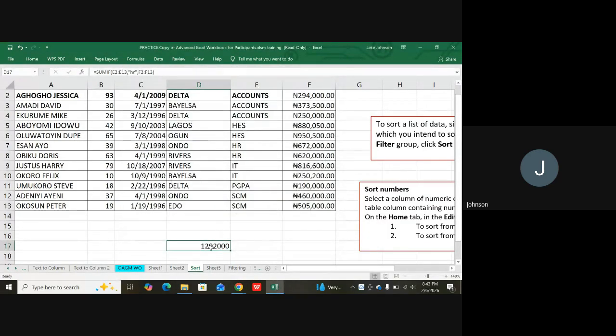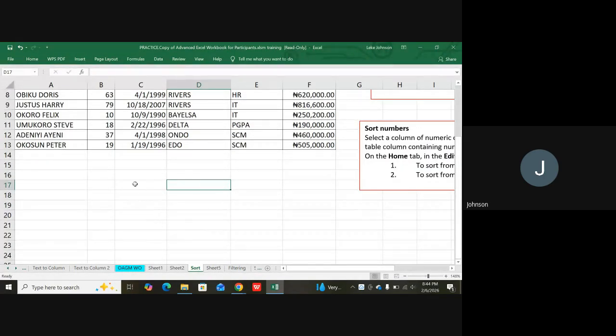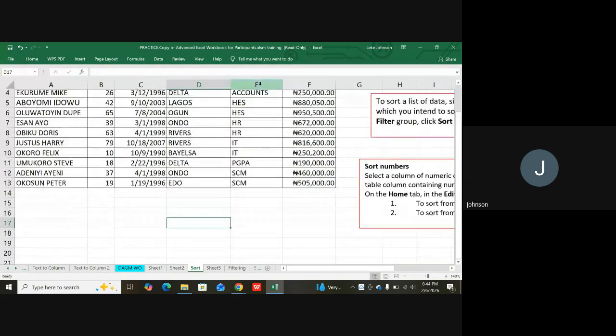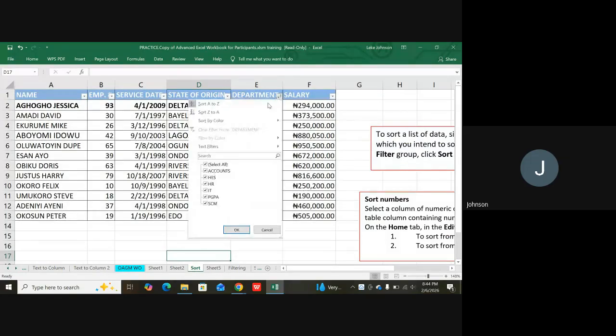So I come and I delete this stuff. Let me try something. Let's say I put all this data here. So let me just sort this thing. So I have accountant, HES, HR, IT, C, PG, PA, SCM. So let's see, there's no way I can capture this thing, but let me just screenshot it